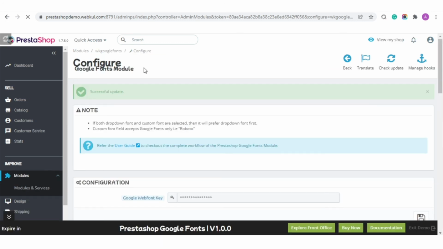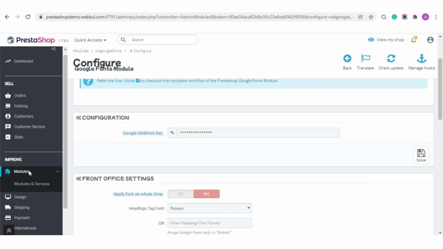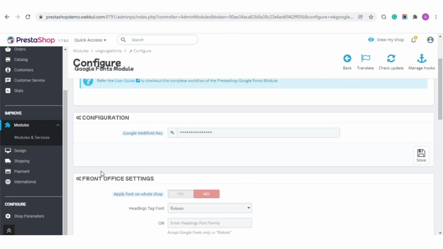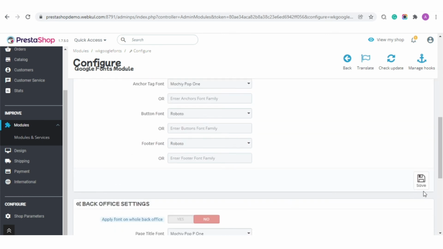Here we can see that Mokai Pop P1 has been applied to the page title, Roboto to the menu, Ubuntu to label, and Poppins to the button.